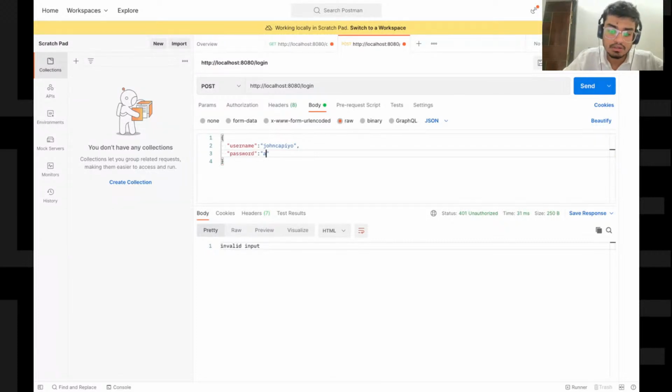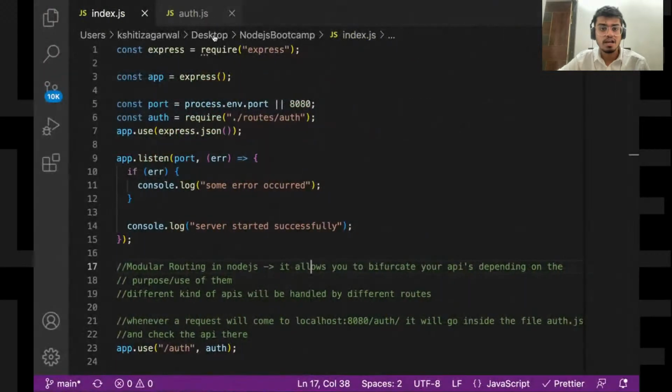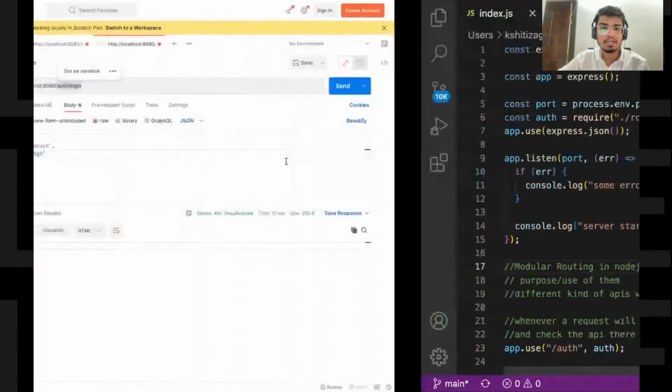Password: ABCDEFGH. That's it. Sorry, I just wrote it wrong. It should be auth slash login. So this is about routing. Now all the requests which will be going to slash auth, they'll be going to your auth file, and inside that, if that API is present, it will run it.